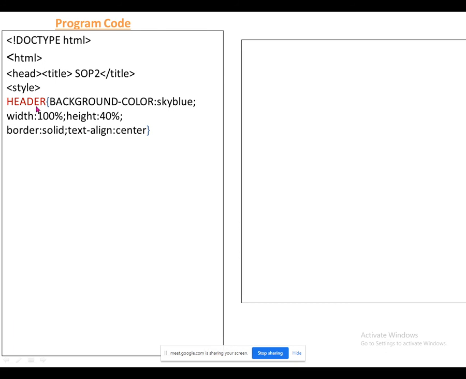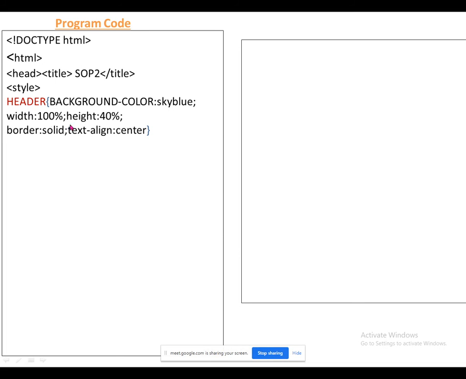And the tag I am using here is header. So this is your header tag. Under the header tag, you are adding all these properties. Remember your CSS syntax: first is the selector, and under the curly braces you add the number of properties, property and then value. Then a semicolon to separate the second property. Again, property value, and so on, and at the last you close your curly braces.